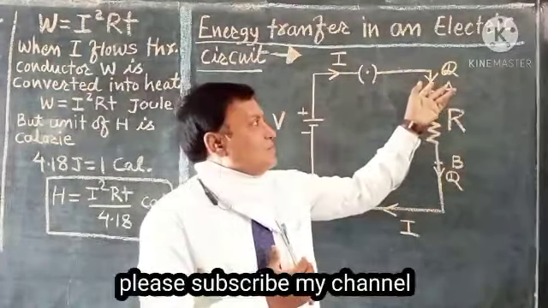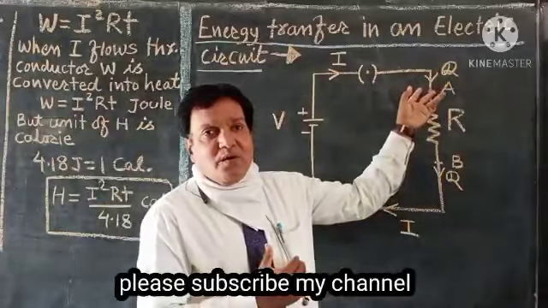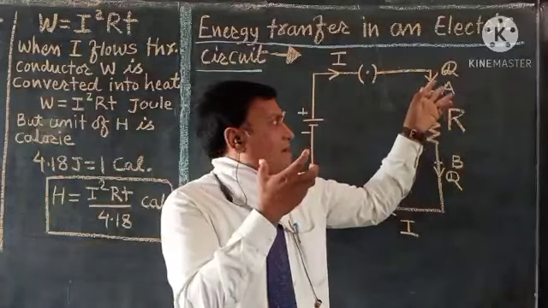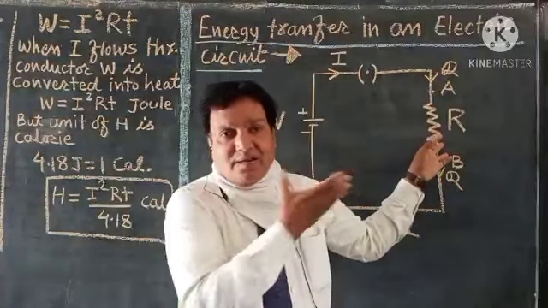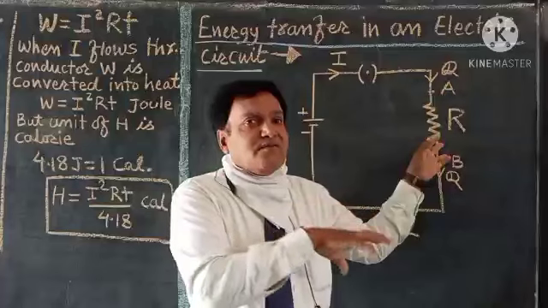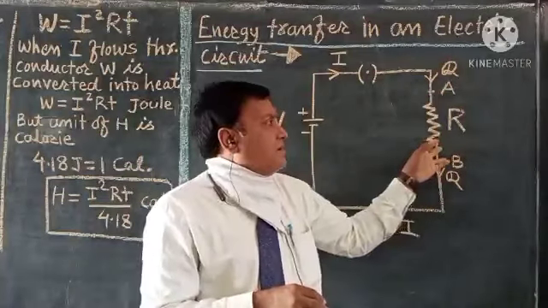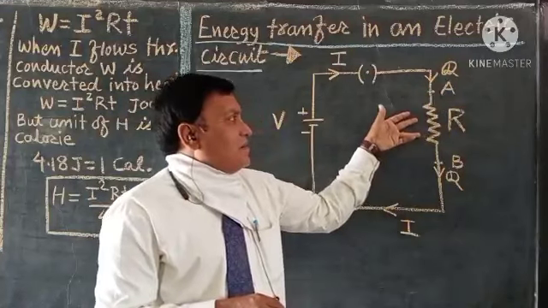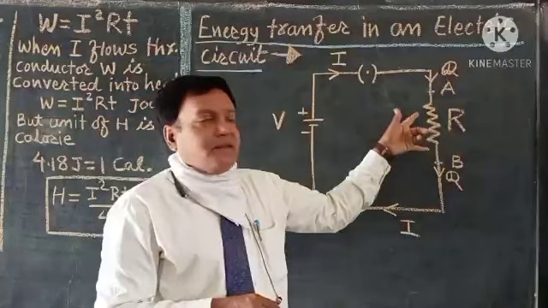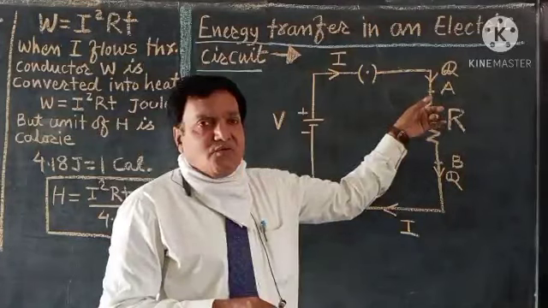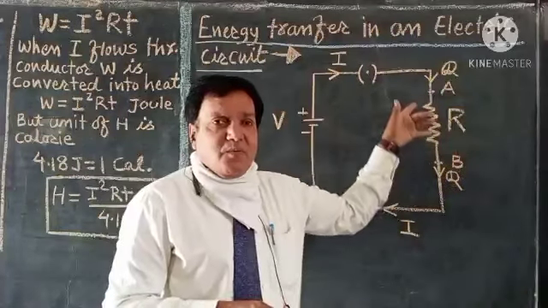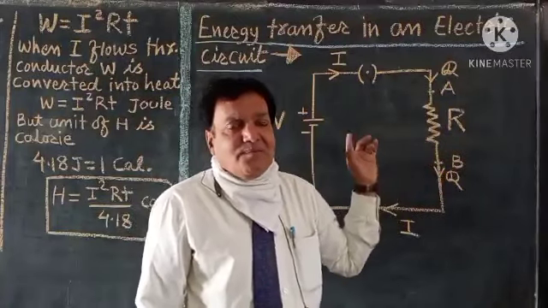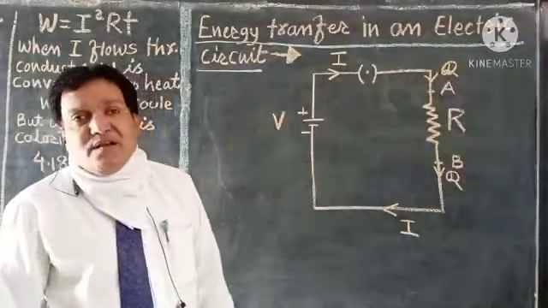See here in this electric circuit, voltage is applied, current is flowing, meaning the charge is flowing. And why is this charge flowing? Because electric force, that is voltage, is applied on the charge so that it can move from one point to another point in the electric circuit. And in that situation we can say that work is done there. Here, if that resistance R is connected between the two points A and B, and the charge has to flow from point A to point B, some work is done there, and that work is done by that potential difference.